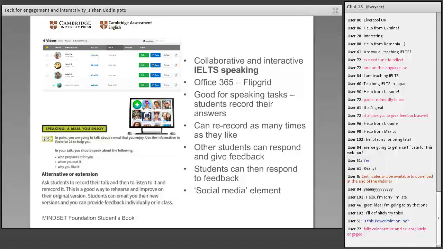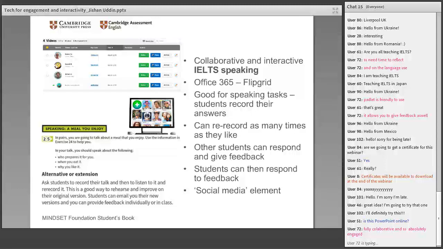So you can see that students are recording, and it creates a great, what's the word? A grid. This is called a grid. And each class you can have a grid, and each time you can create a different discussion question. So students are listening to each other, learning from each other, giving feedback to each other, rehearsing, re-recording. And with these avatars, you can see the picture in the middle, you can add costumes, hairstyles, and things like that. There's an element of a social media type thing,